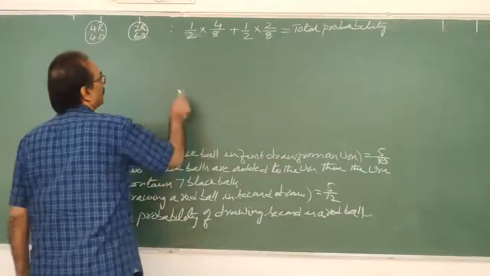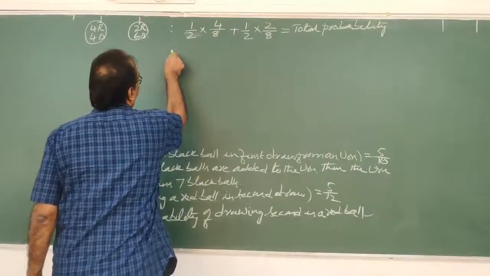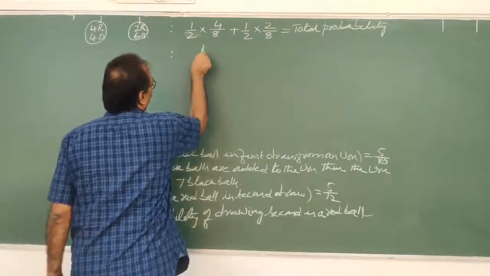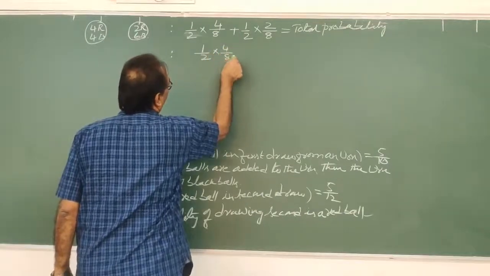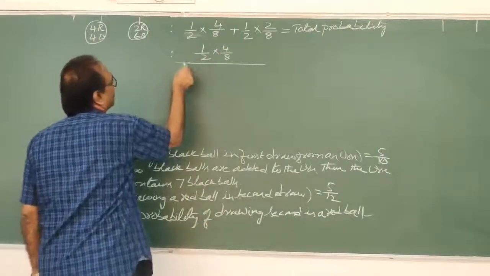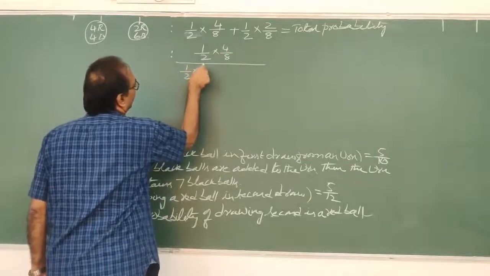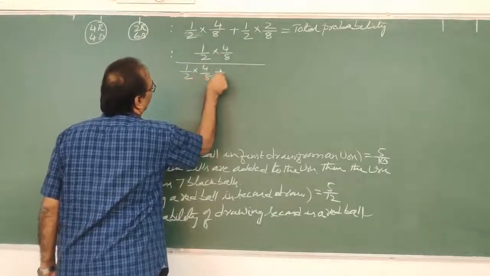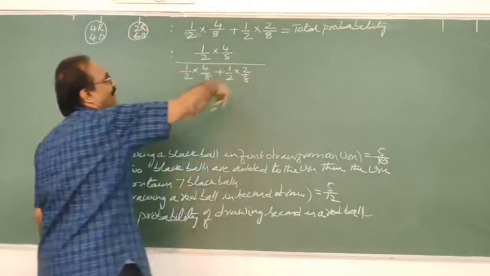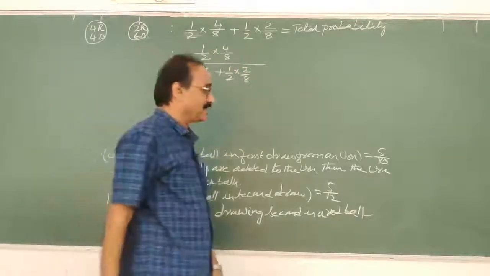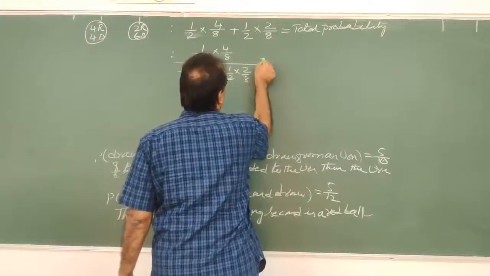Okay. So now favorable events means what we did now according to the reverse condition. Selecting the first bag is 1 by 2. Getting a red ball from the first bag is 4 by 8. By what? The total probability. Sigma is there, no? 1 by 2 into 4 by 8 plus 1 by 2 into 2 by 8, over. This is the probability. If we simplify, yes, I will simplify now. I will write here. Don't worry.